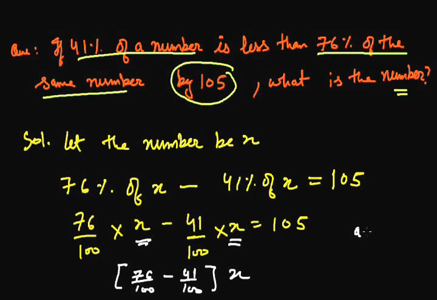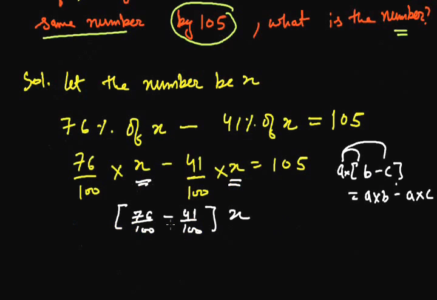We know that a into b minus c is equal to a into b minus a into c. Here we have just applied the reverse of the distributive property. Here I have taken a common and b minus c, which in the distributive property we wrote as a into b and a into c, and the sign in the middle of both these numbers remains as it is. Here also the sign in the middle of both these numbers has been kept the same and x is taken common.